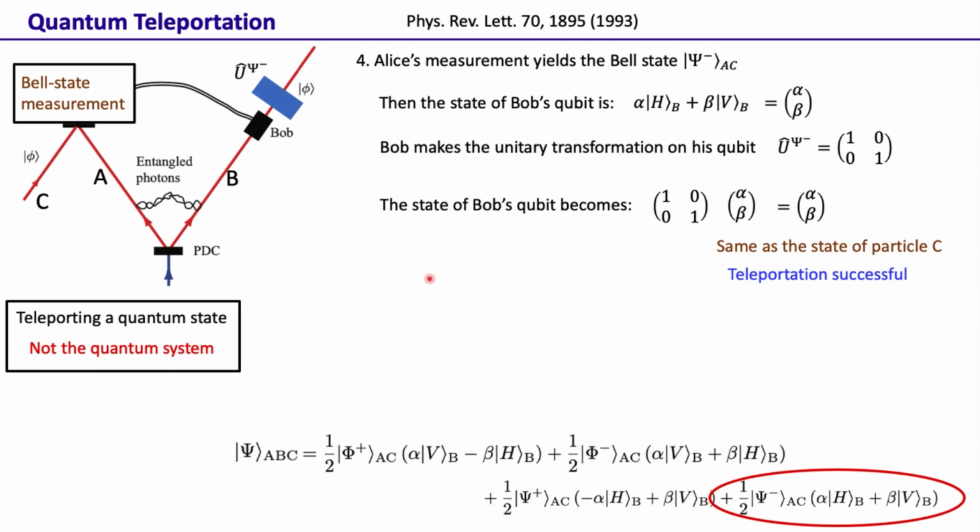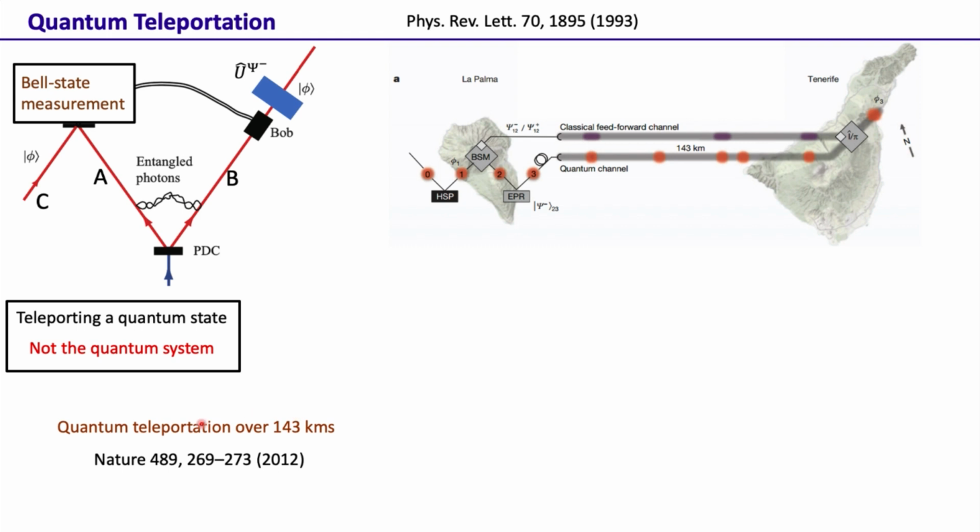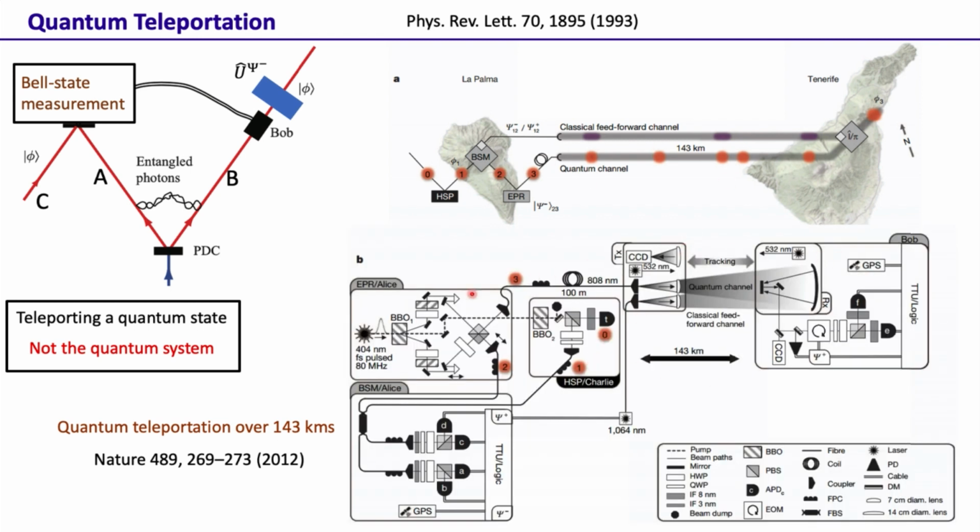So in quantum information, teleportation is very useful and has a lot of further potential applications, and in fact this was proposed in 1993. A very convincing demonstration of quantum teleportation was done in 2012, over 143 kilometers, and this is the experimental setup. Again, I am not going to go through the details of it, but the basic principle is exactly the same. So that's a BBO crystal, and we see that the two parties were separated by 143 kilometers, and one could still teleport the state. So this was a very convincing